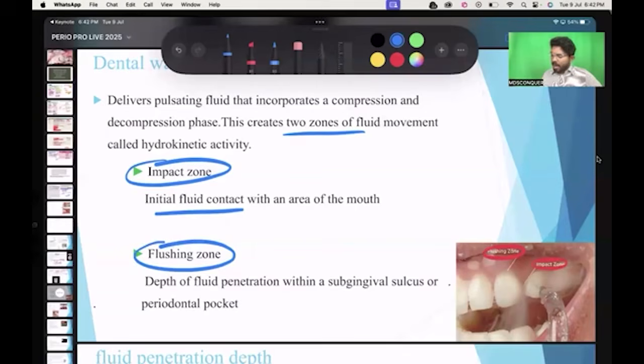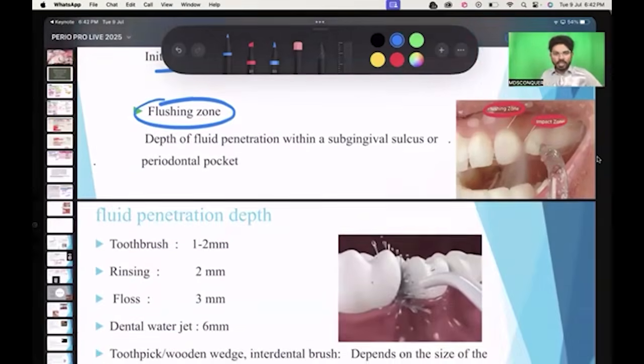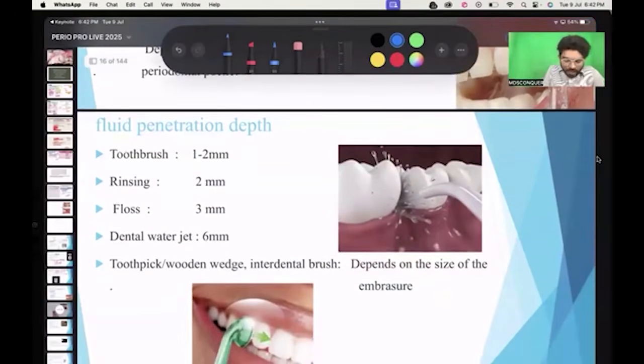One is the impact zone, which is the initial zone, and the second one is the flushing zone. When I'm talking about this, there is one more very important concept, which is fluid depth penetration. Whenever you brush, rinse, or floss, everything has a fluid depth penetration by which the cleaning of biofilm takes